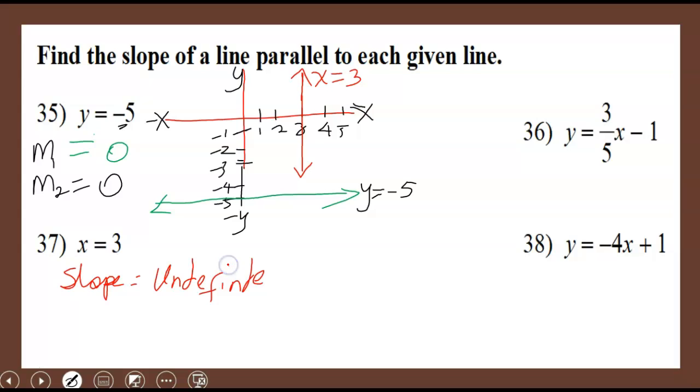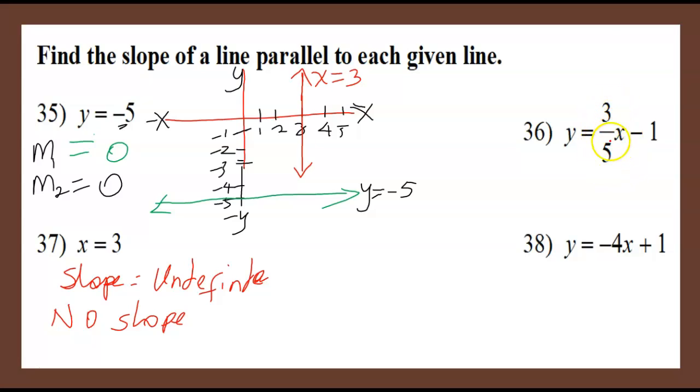Which means undefined, it has no slope. Okay, so that's it. The slope is 0 for a horizontal line, and there is no slope, it is undefined, for a vertical line. Once y is solved for, you solve for y first. After y is by itself on one side of the equation, any number that is multiplying the variable x